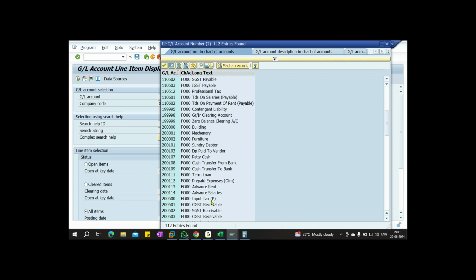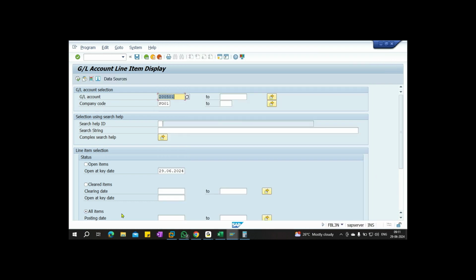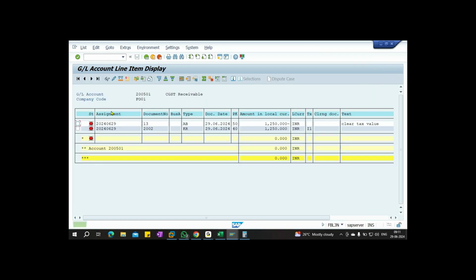So if the line item is 0, the value should be 0. See here, observe, CGST receivable the value amount is 0. But even the line item also should be 0, right? I'm saying that. No, it is not yet cleared against themselves. We have to post one more document maybe.